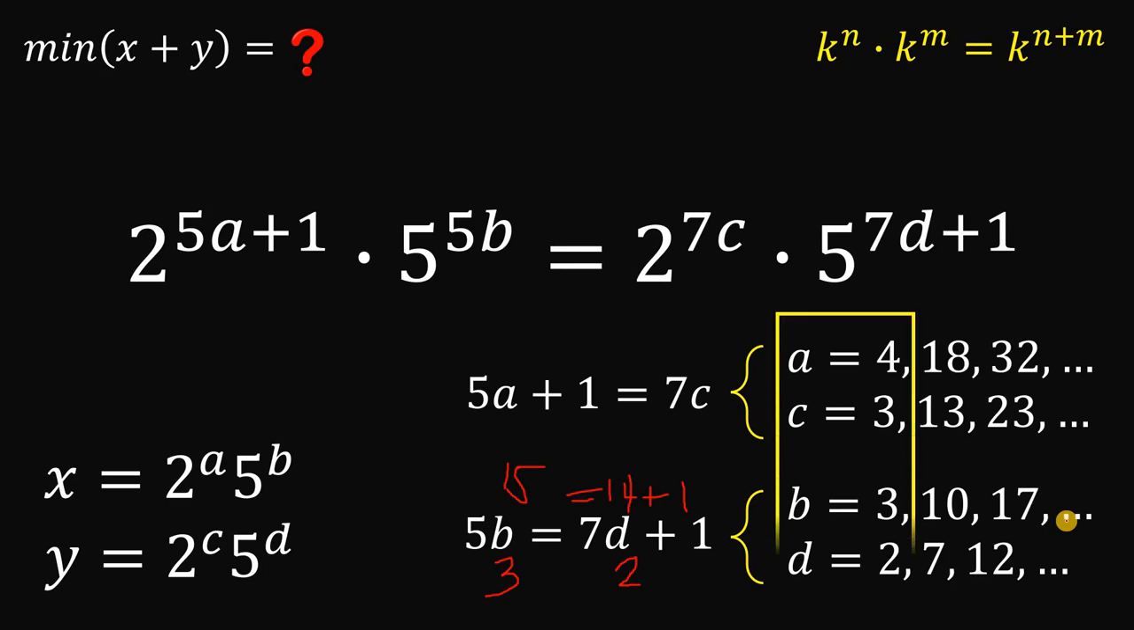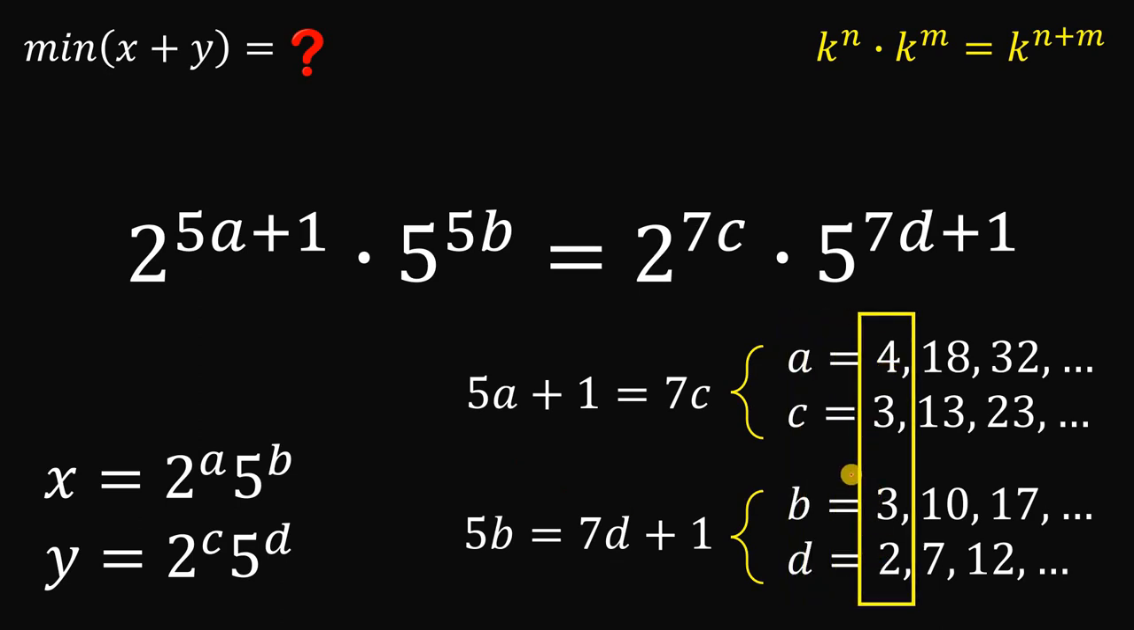Now, take note that this equation holds true using the first values of a, b, c, and d. These values are 4, 3, 3, and 2. Now, let's check if this is true. So, a must be equal to 4, c equals 3, and then b equals 3, and d equals 2. So, the left-hand side must be equal to